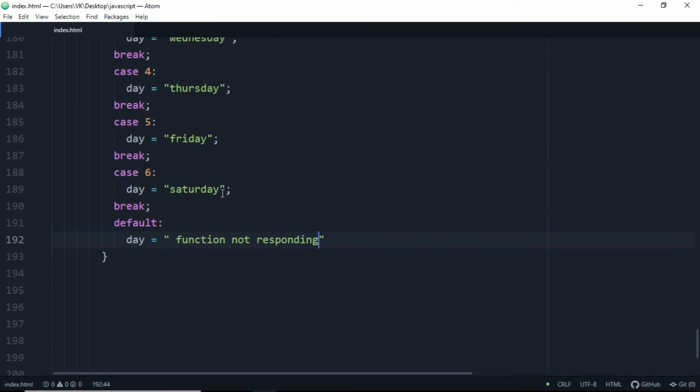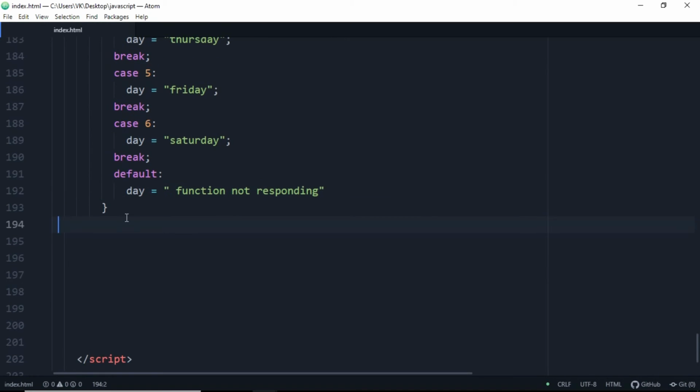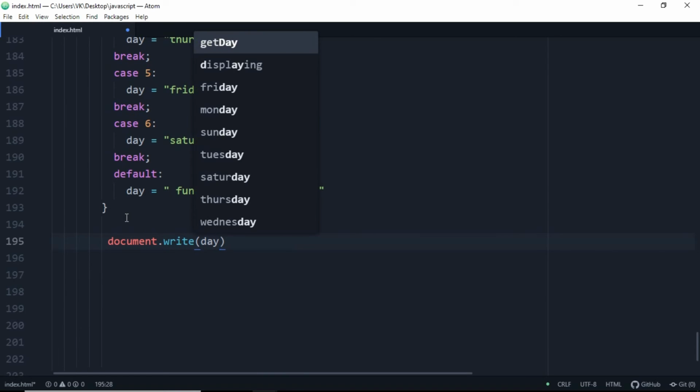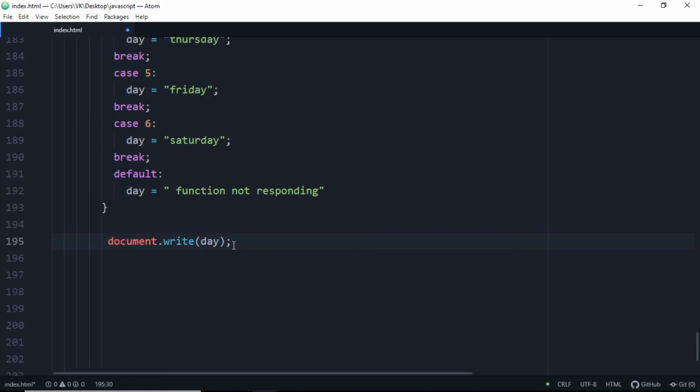Okay, this default case here, hit enter, and let's use document.write, which simply displays the text on the HTML document in the web browser. Document.write and day. So if the case is 0, we are going to display Sunday. If the case is 5, we are going to display Friday. If the case is default, like we don't get any response, which is not going to happen on any day, we are going to write function not responding.